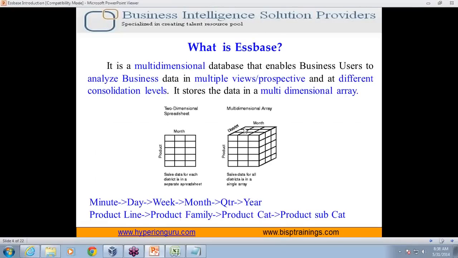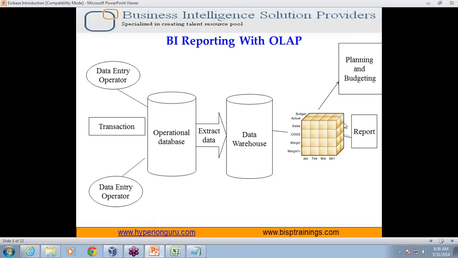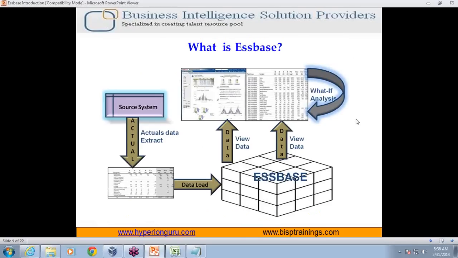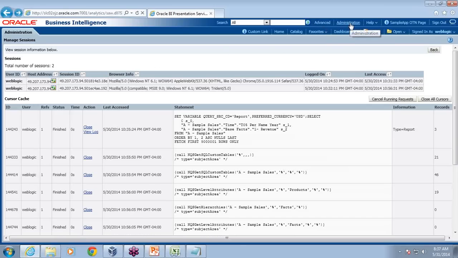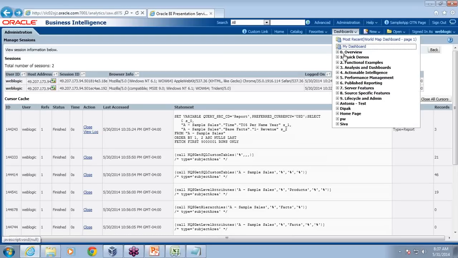So we know Essbase is a database, a special category of database called a multi-dimensional database, primarily designed for data analysis. It sits in between your enterprise warehouse and your reporting system to provide a data source for my reporting system. Now, this is another way of presenting your data. Essbase can be used for what-if analysis, fast aggregation, and quick response time for your queries. So you see all the queries, maybe you see the sophisticated report behind it. There could be Essbase as a data source, a data server.